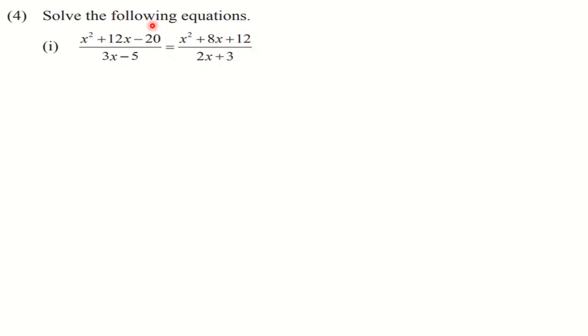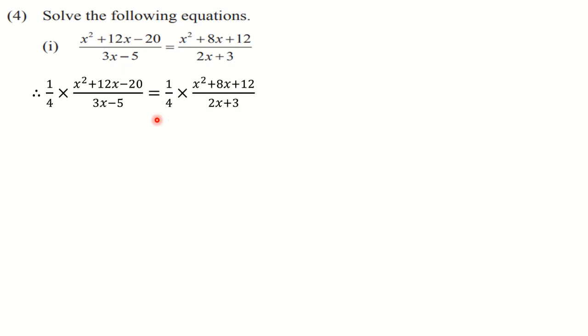So if we want to equate these terms with the denominator here, we have to multiply both the sides by 1 upon 4, so that these two terms will get converted to these two terms, and then by using a suitable operation we can cancel them. So the very first step here is to multiply both the sides by 1 upon 4. You can see that both the sides are multiplied by 1 upon 4. And then in the next step, write down the answer.